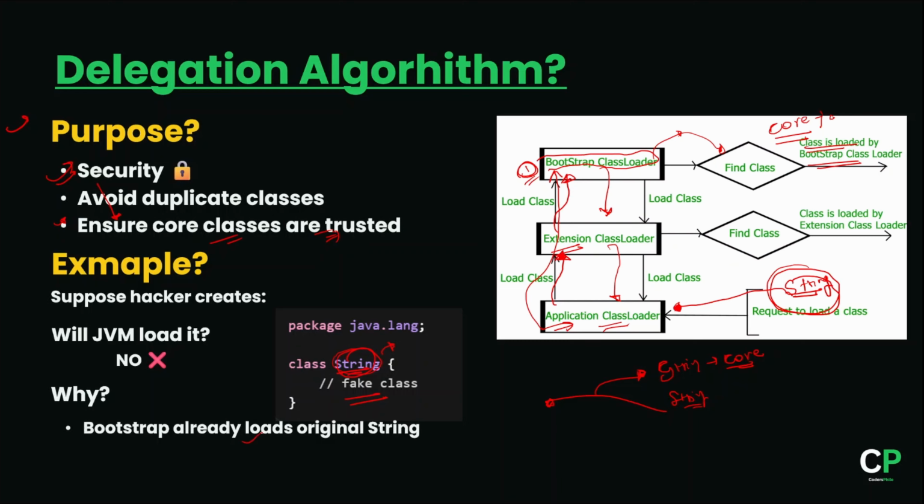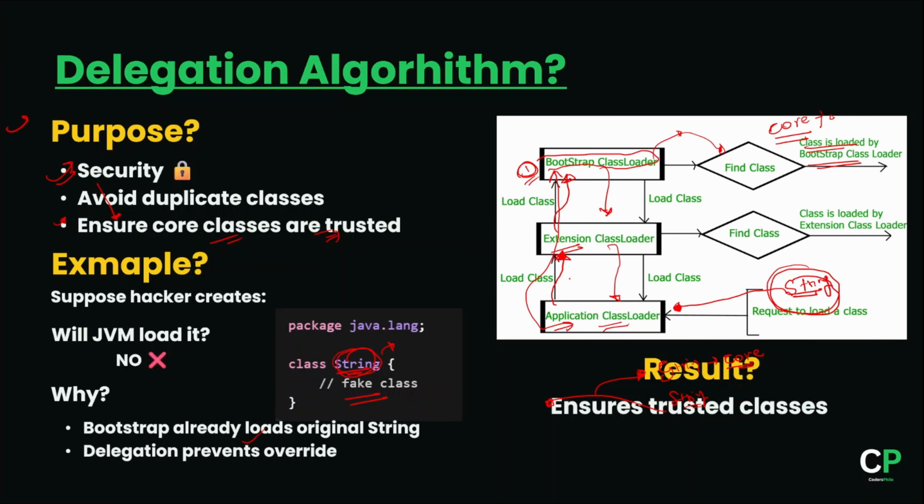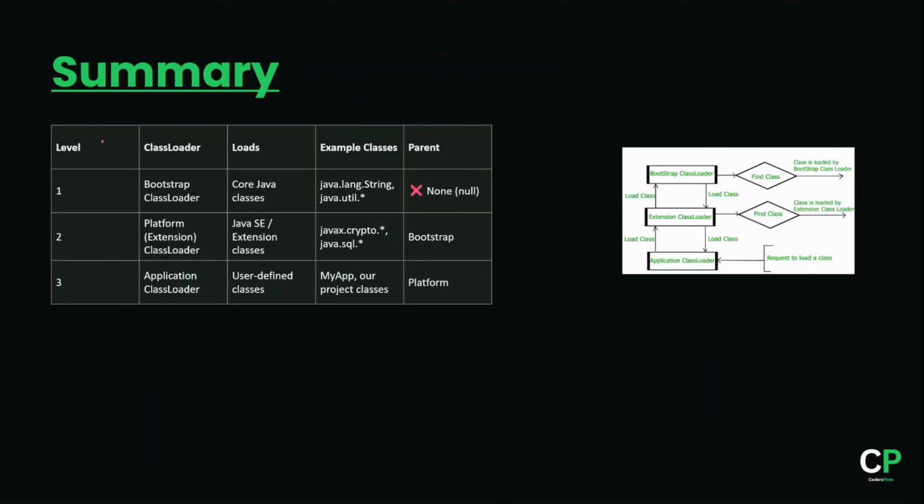So the Bootstrap already loads the original String class, and delegation prevents the override. So what is the result? It ensures that the trusted classes are loaded. So in summary, we can say that